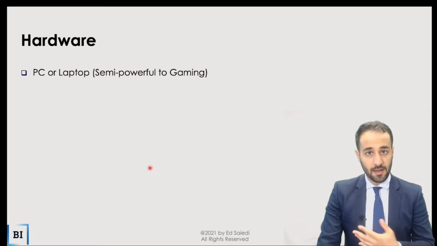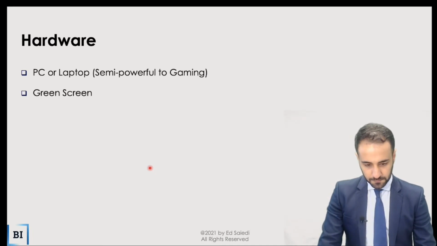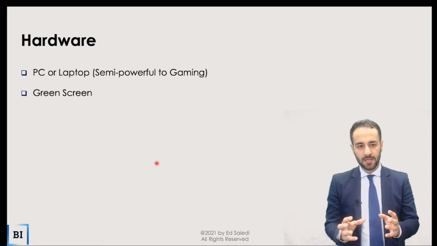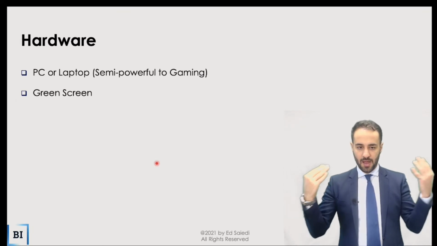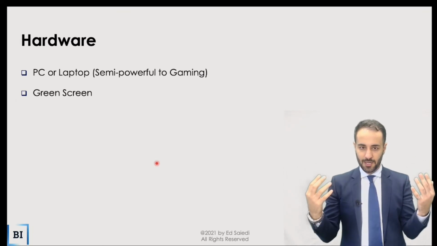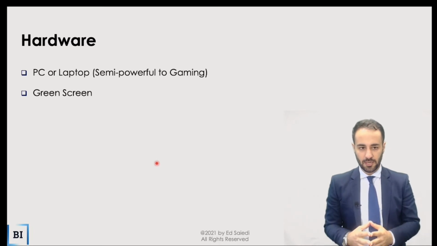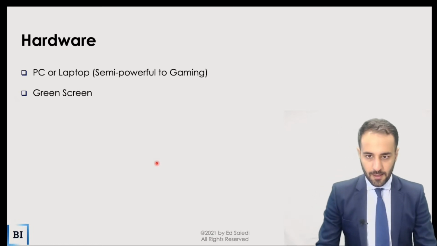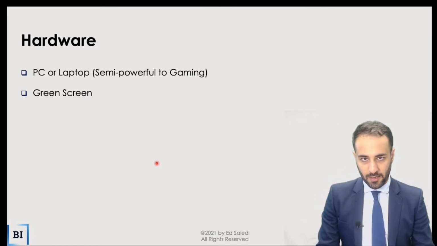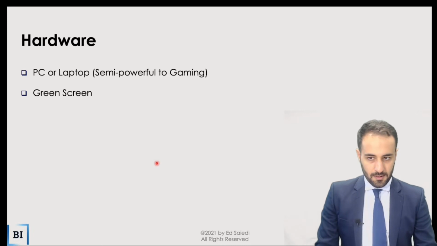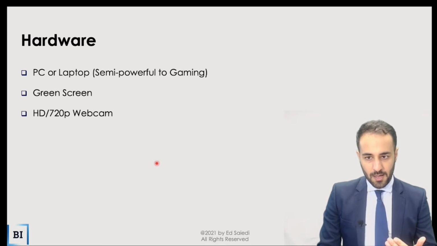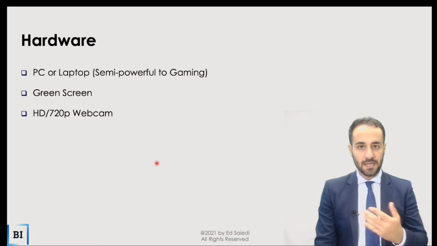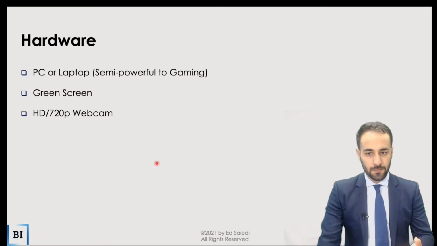One way is to get a much better microphone. But then one key element is to have a green screen. And behind me here, you haven't seen it yet, but there's a green screen that allows me to appear in front of it and be able to have whatever background it is behind me. Another hardware requirement. Now, the next one is to have a high definition, or at least 720p webcam,